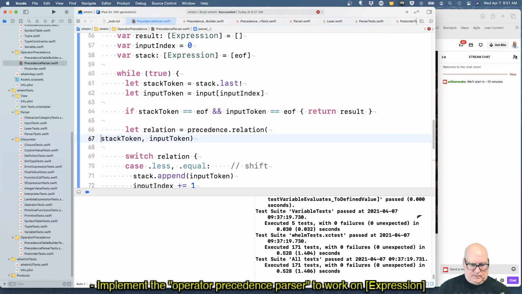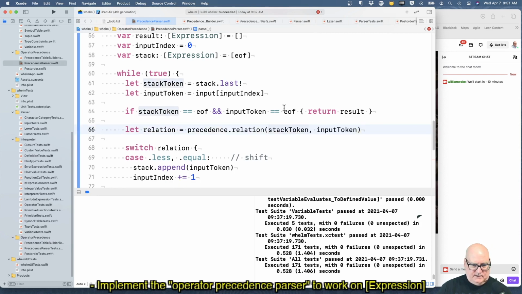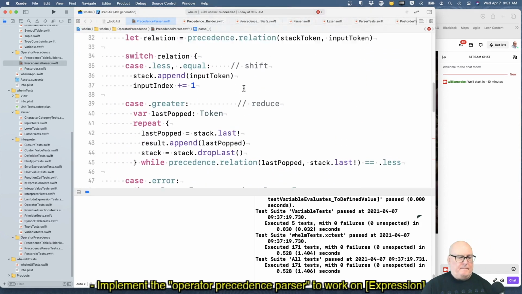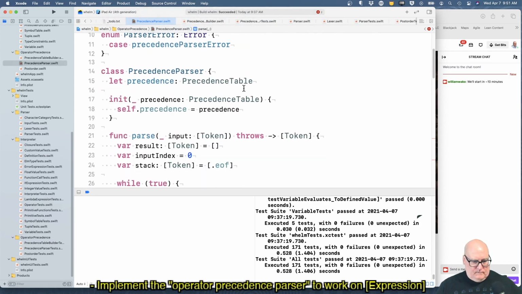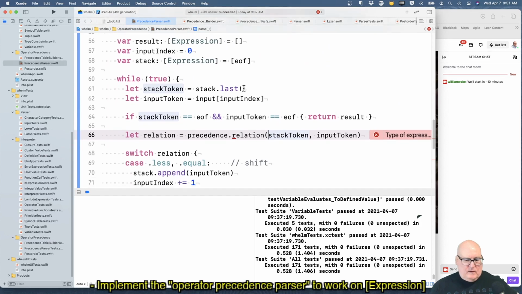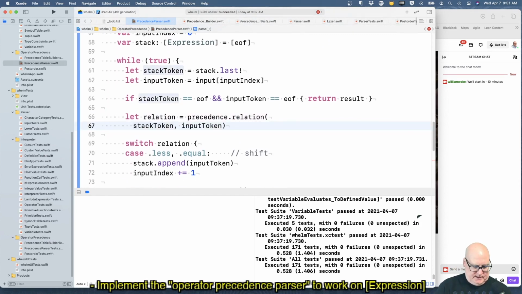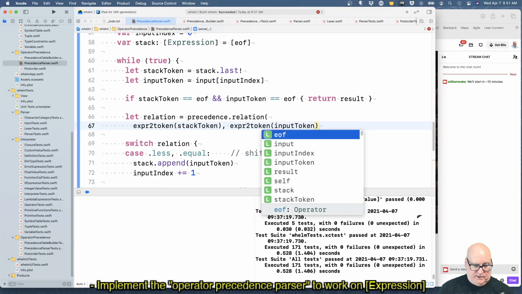Let's make a precedence relation. Yeah, I'll do it this way. We'll say expression to token of stack token and expression to token of input token.